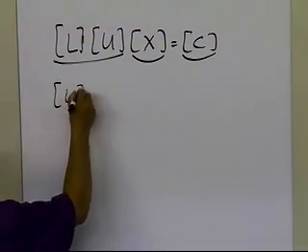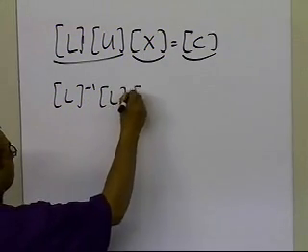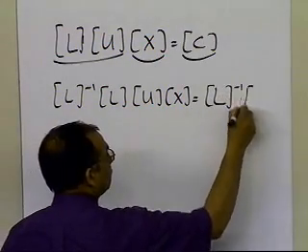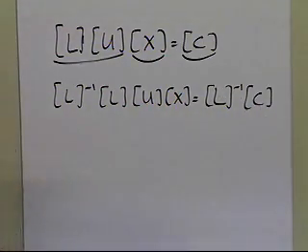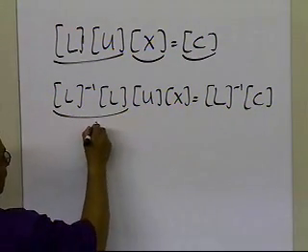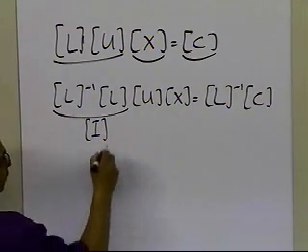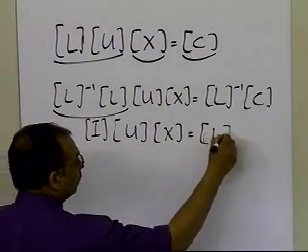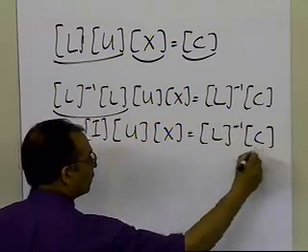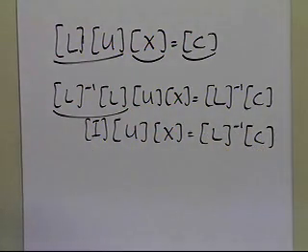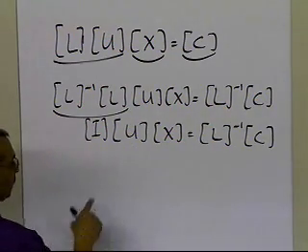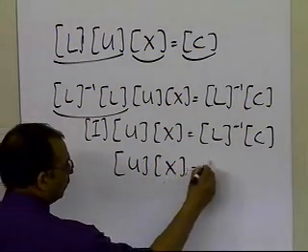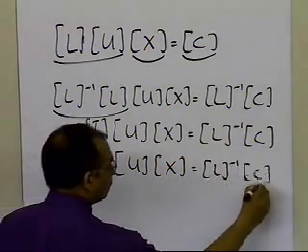Now I can multiply by L inverse on both sides, if L inverse exists. I know that L inverse times L is nothing but the identity matrix. So I'll get the identity matrix times the upper triangular matrix times the solution vector, equal to the inverse of the lower triangular matrix times the right-hand side vector C. Now an identity matrix multiplied to any other matrix, if the multiplication is possible, gives the matrix itself. So it's U times X is equal to L inverse times C.